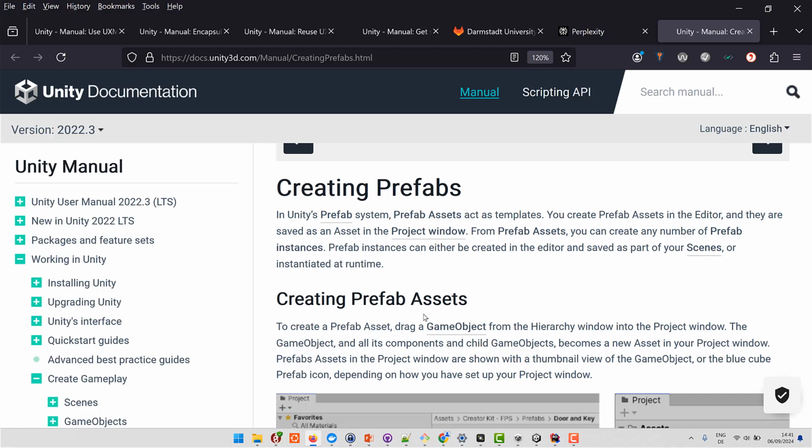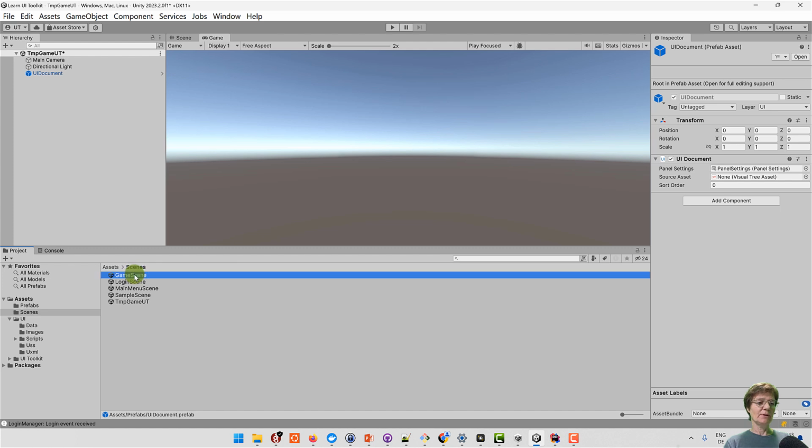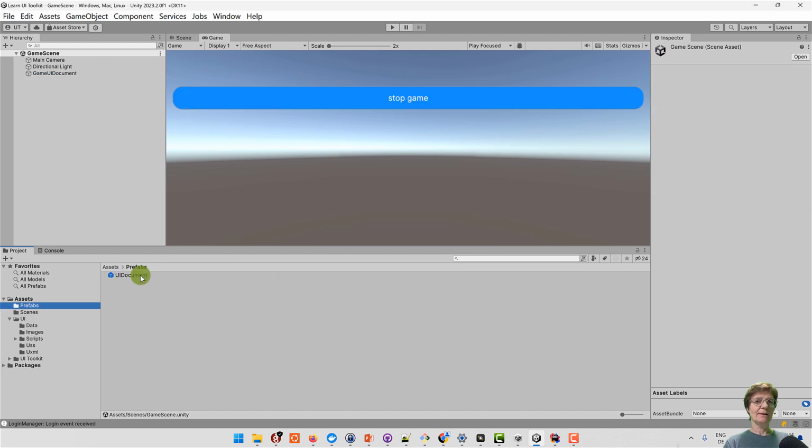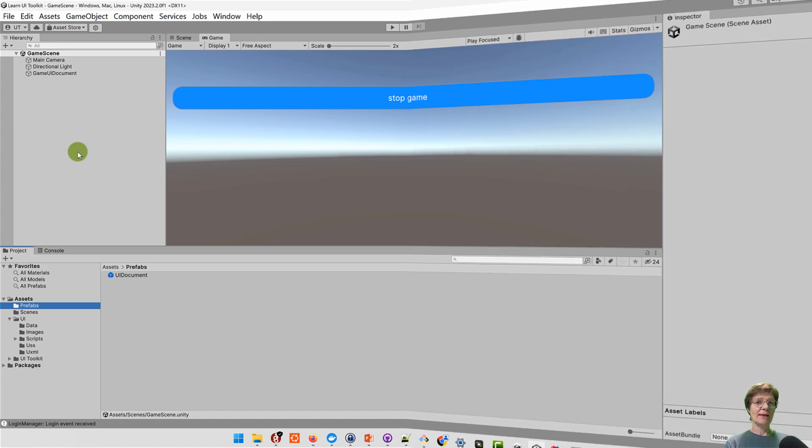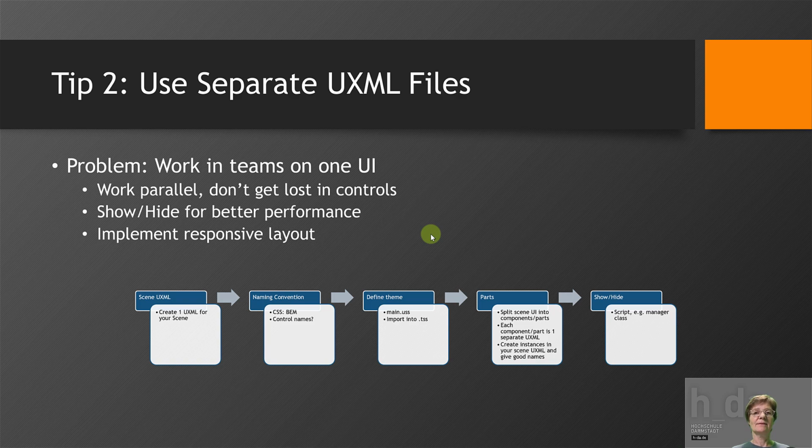Have a look at the manual. Now you could go to your game scene and drag and drop your prefab into your target scene and create an instance there. Let's come to the second workflow or tip. Again, you work in a team